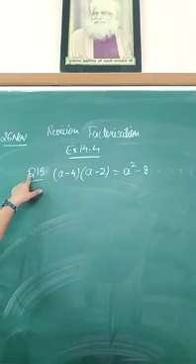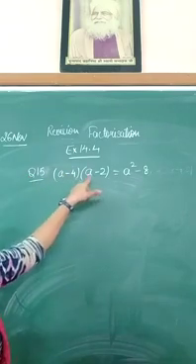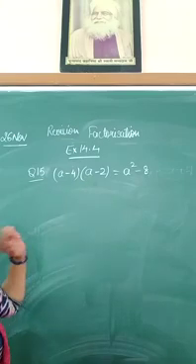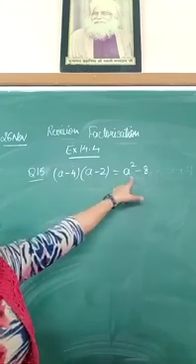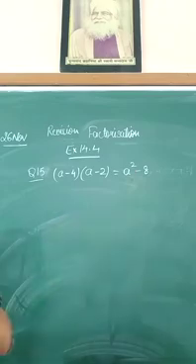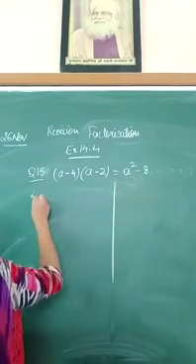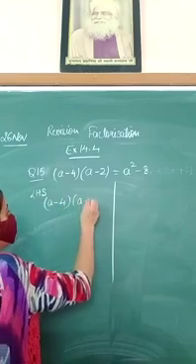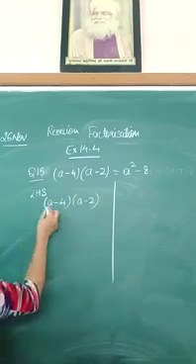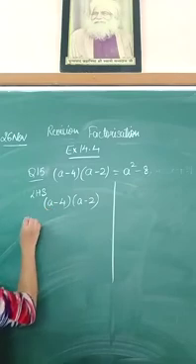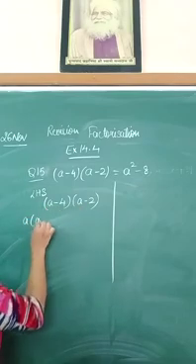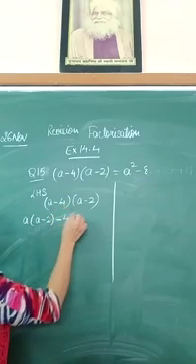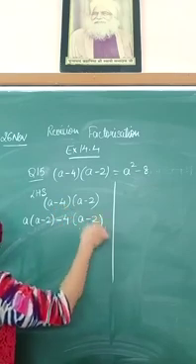Question number 15 is, two binomial terms are given. You have to multiply the binomial terms and you have to check whether you are getting a square minus 8 as the answer or not. Now let's start with this. Let's take this left hand side separately. As you know, for multiplication, firstly you will open the first bracket, and this first term will be multiplied with the second complete bracket, and this second term of the first bracket, that is minus 4, will be multiplied with this second bracket.